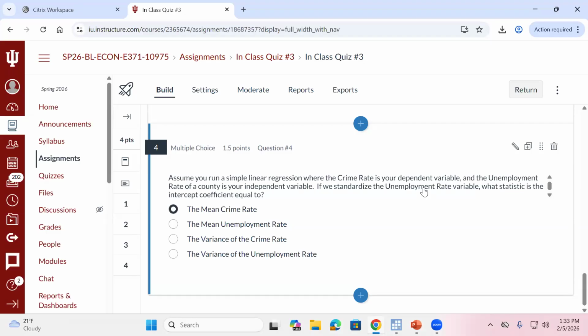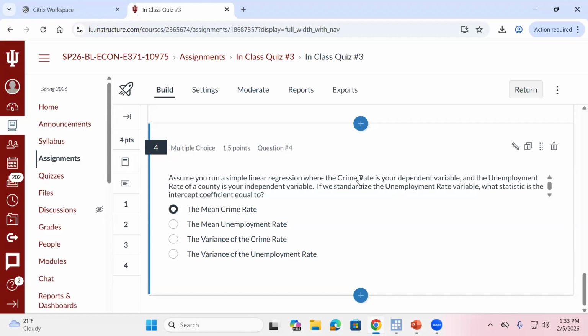My dependent variable is what I'm trying to predict. Here, it was crime rate. My independent variable is the thing that is changing that helps me make these predictions. So my X, or my right-hand side variable, was the unemployment rate, but standardized. So if I'm thinking about my predicted value of Y, what is the intercept's interpretation? It's the predicted value of Y when the X variable is equal to 0. When a standardized X variable is equal to 0, I'm looking at the mean unemployment rate, which should then give me my mean Y value, right? When I'm making my prediction, okay?